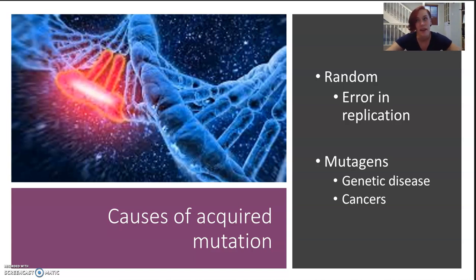So things like radiation from the sun, things like radiation from nuclear power plants, or situations like Chernobyl, Fukushima, or the atom bomb with Hiroshima. So large doses of radiation can cause these things. Mutagens can be chemical, like Agent Orange in the Vietnam War. If you've ever heard the story of Erin Brockovich, they talked about something called chromium, which is a heavy metal,